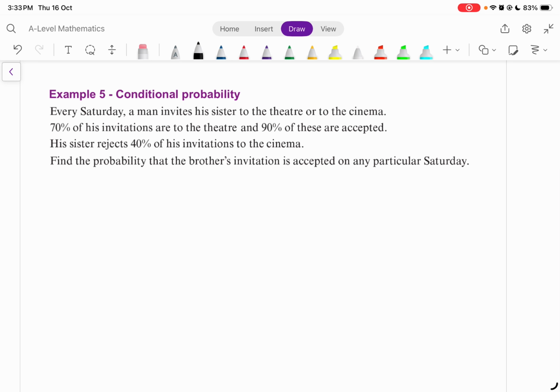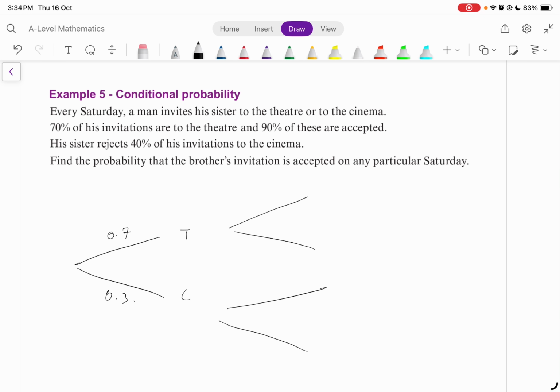Just use a tree diagram. Don't even care about conditional probability. That's no need. Tree diagram is your conditional probability. So actually we have been doing conditional probability all along. So first round, the brother has to think about whether to invite her to the theater or the cinema. For the theater's invitation, it will be 0.7. He didn't mention the cinema, but we can calculate it, because the total probability is equal to 1 and we only have two events, so it's 1 minus 0.7, so it's